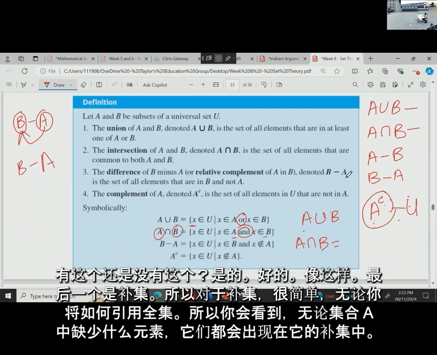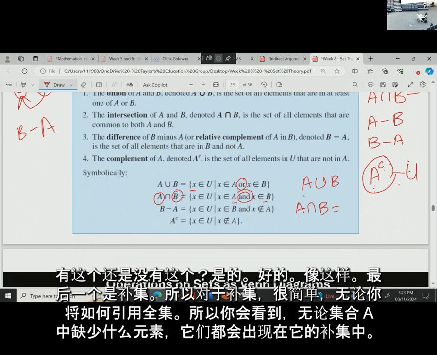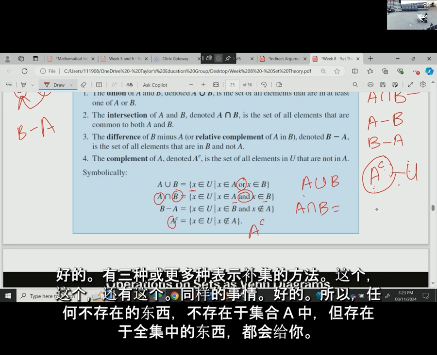So for complement, it's easy. Whatever you refer to in the universal set, you will see that whatever elements are absent, not present in set A, they will be there in its complement. Okay. And there are three or more ways of representing a complement. This one and this one, same thing. Okay. So whatever is not present